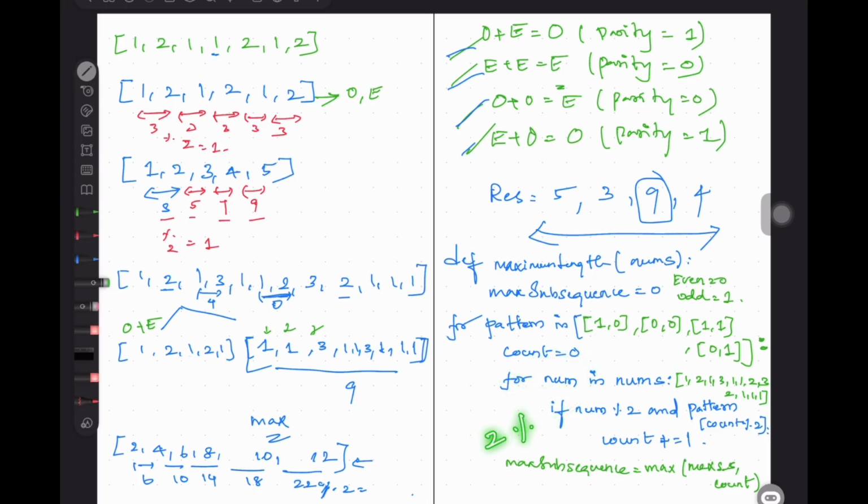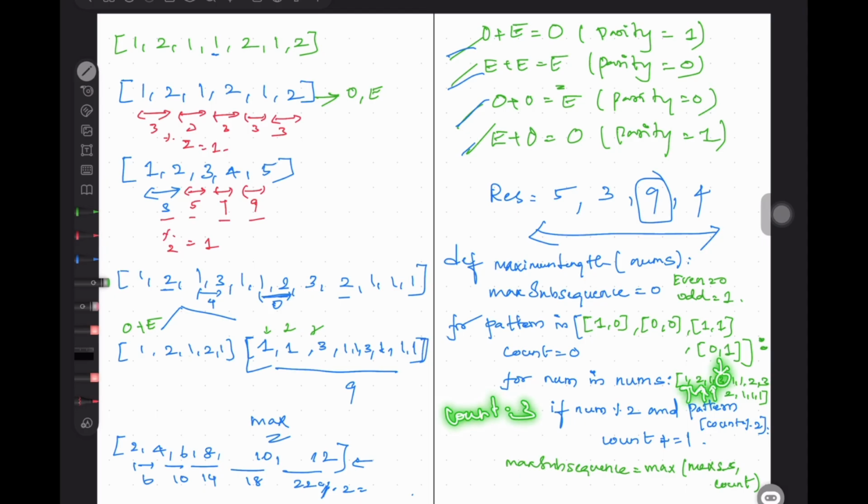So that's why we are doing mod 2. After the count 2, now I'm going for the third element, 1. So 1 mod 2 is 1, and the pattern of count, what is the count now? 2, right? 2 mod 2 is 0, which means it should be odd. The same. Count mod 2 will give you whether it should be odd or even. Num mod 2 will give whether that number is odd or even. Next we are going for the 3. Now the count would have got updated to 3 for these 3 elements.